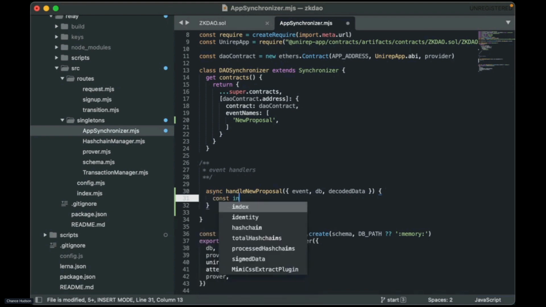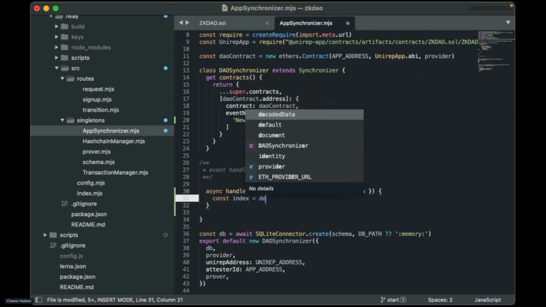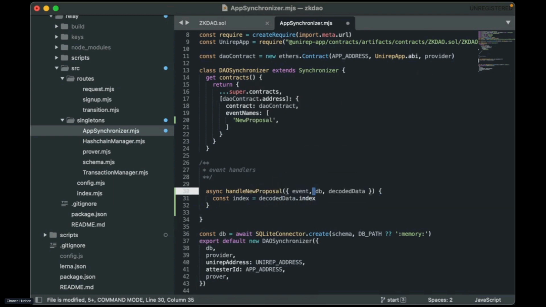Right, so we need the index equals decoded data dot index. And this is just the data as if it were decoded using the interface from the contract. And we're going to parse it into a big integer, not string.